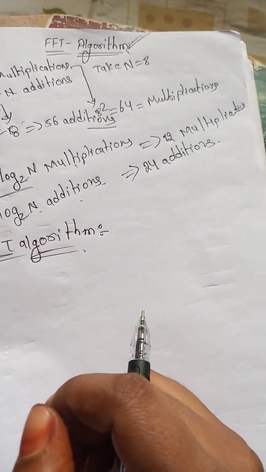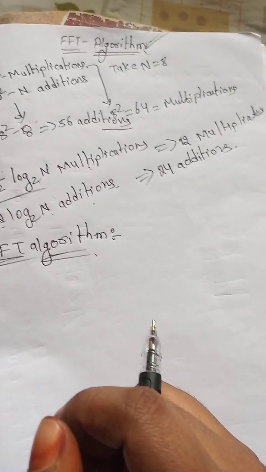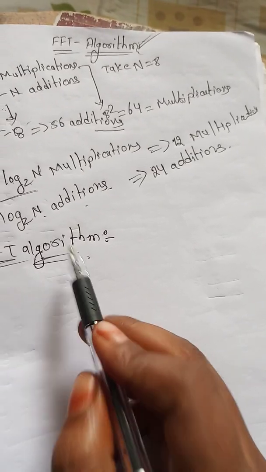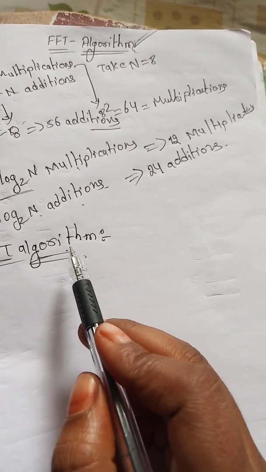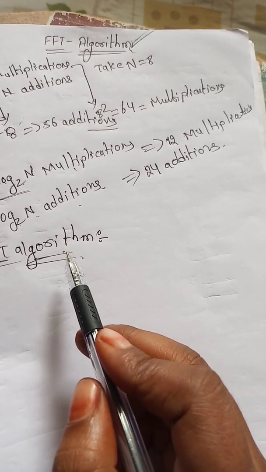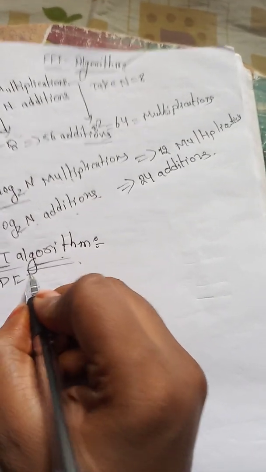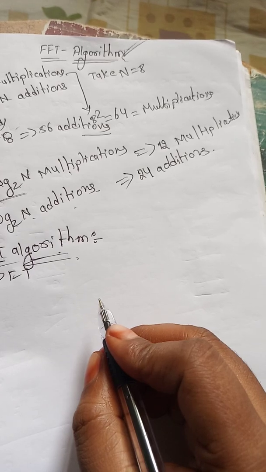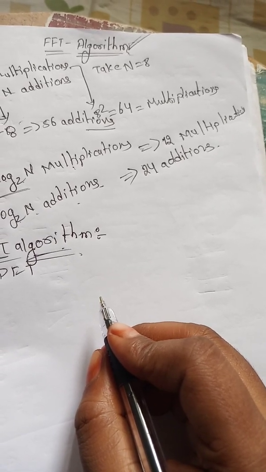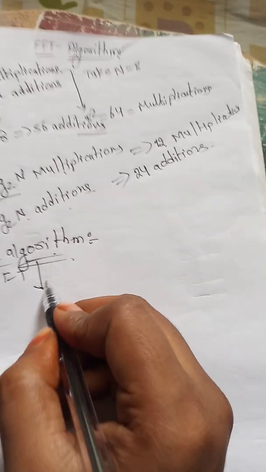FFT is nothing but fast Fourier transform. The fast Fourier transform algorithm is a powerful computational algorithm used to find the DFT sequence of any given discrete time sequence. We are having two types of FFT